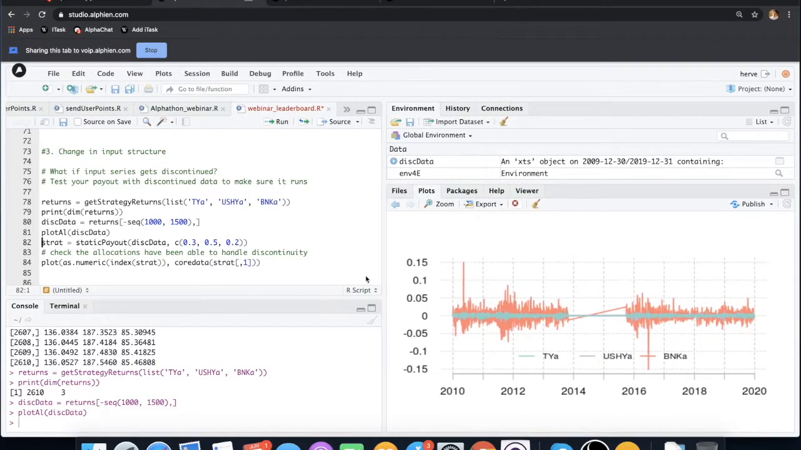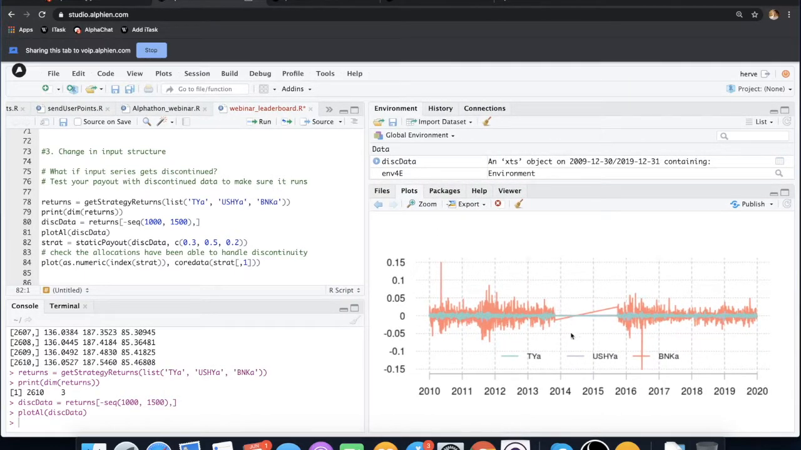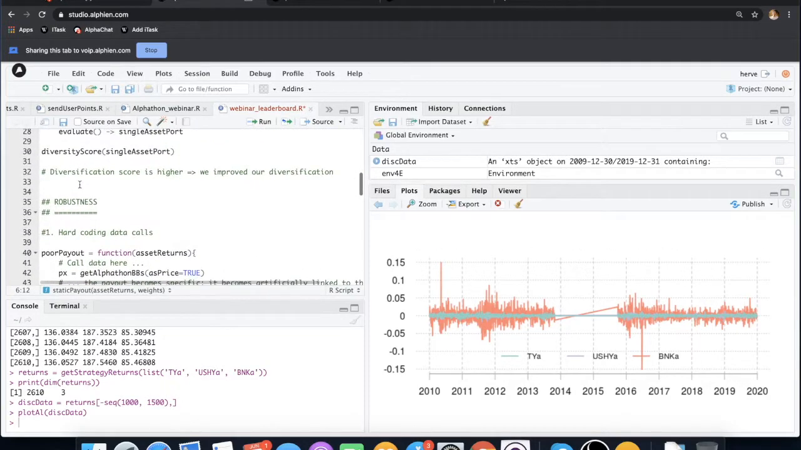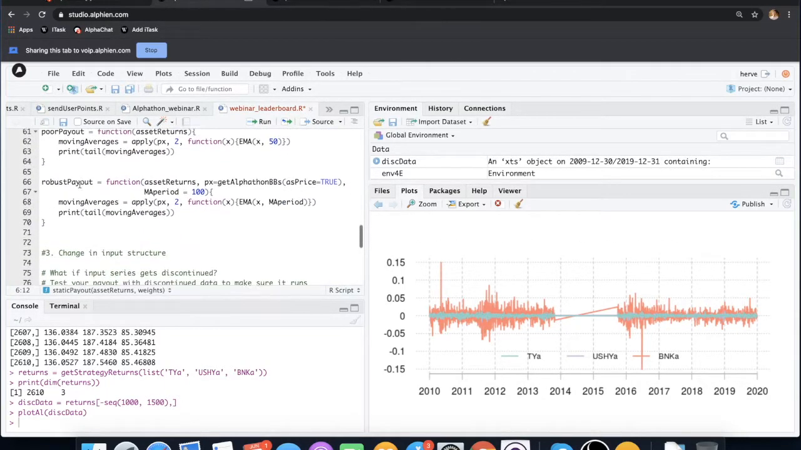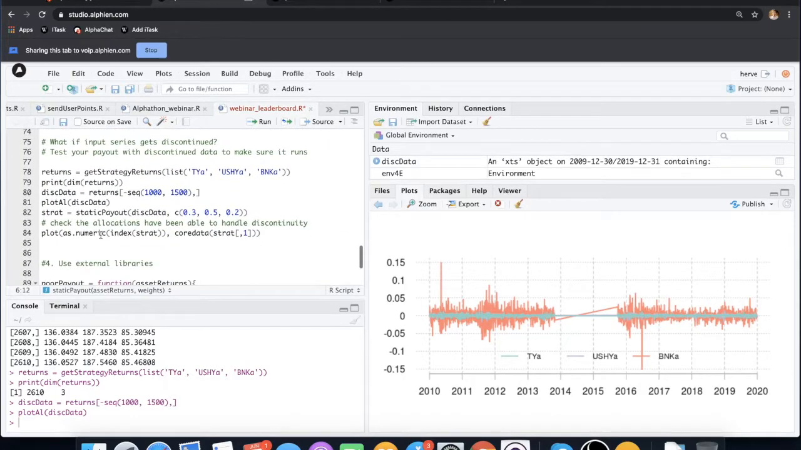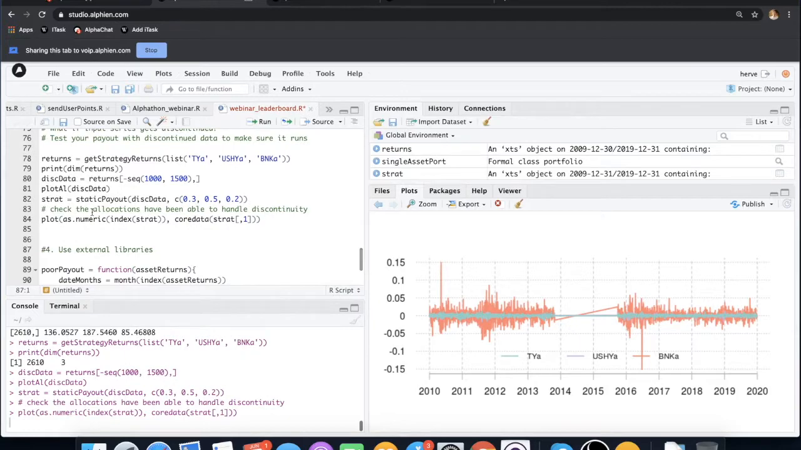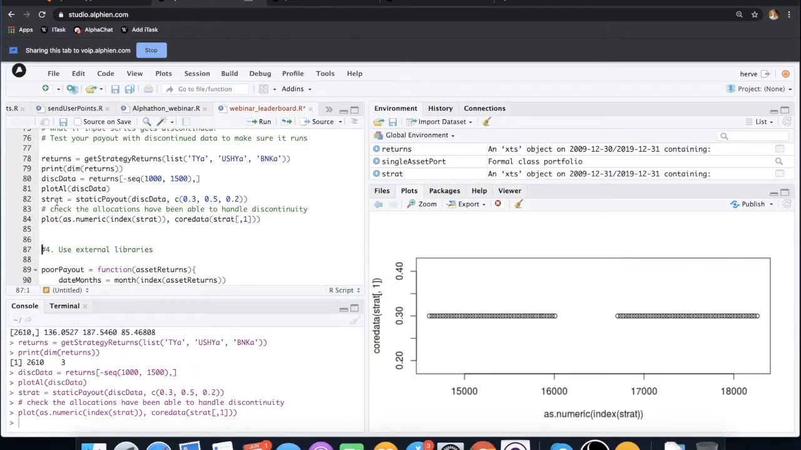Let me just get that bigger. So I can see that I have discontinued the data here. And now I can test if my payout is able to handle this new data set. Here I'm using the static payout that I've defined in part 1 about diversification. Here, this one. Come back to it, and we can see if I run the payout on this new discontinued data that I'm plotting the new payout, so